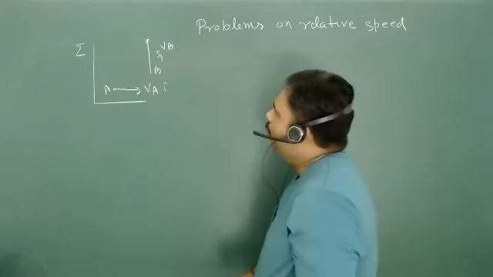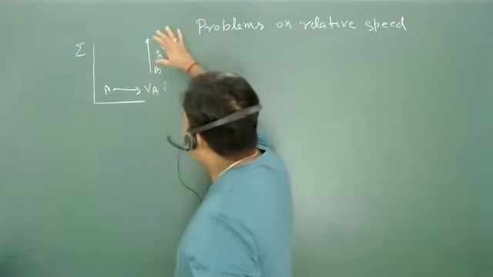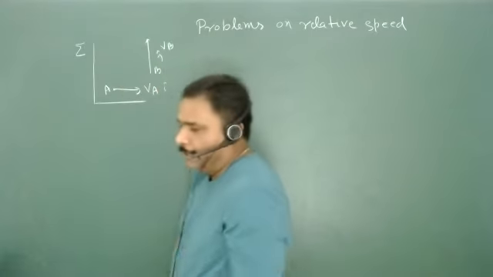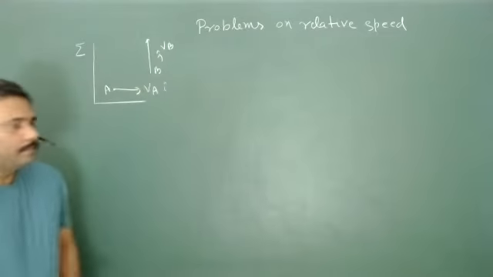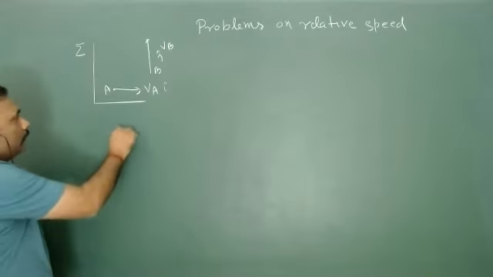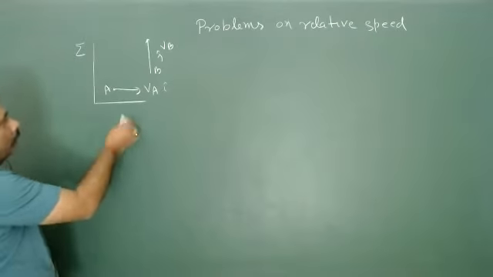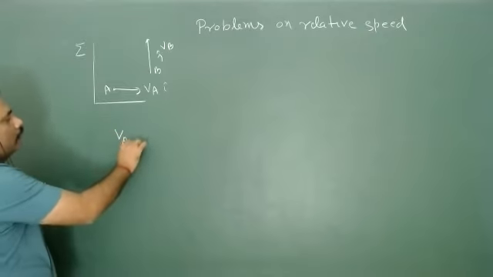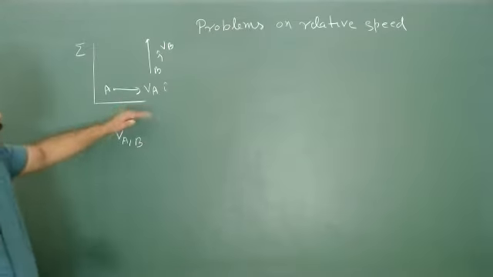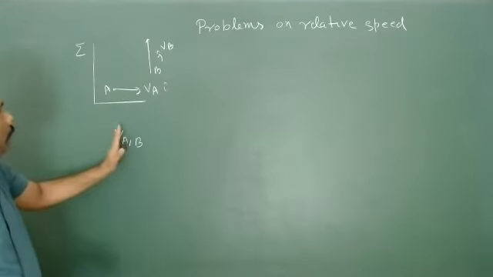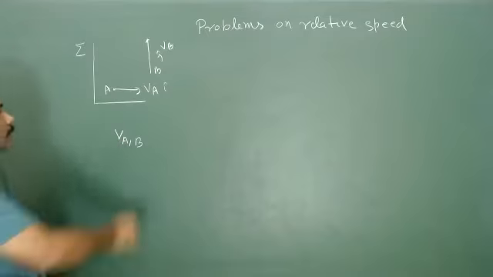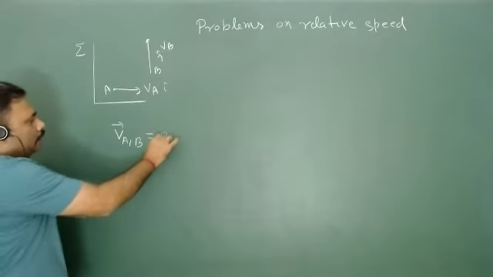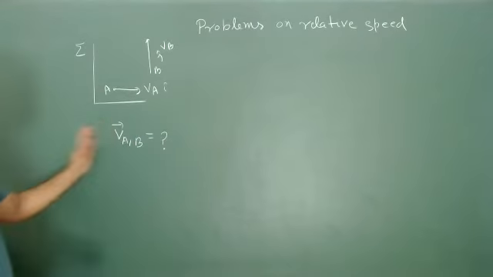So this time we have to calculate the velocity of B with respect to A. Obviously we have to calculate the velocity of A with respect to B. We have already calculated the velocity of B with respect to A. Now we will calculate the velocity of A with respect to B. And for that, we have to again write